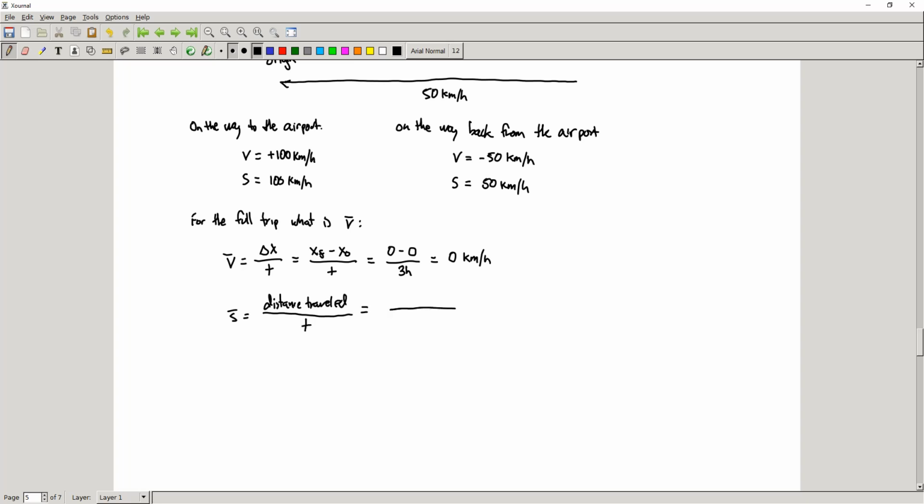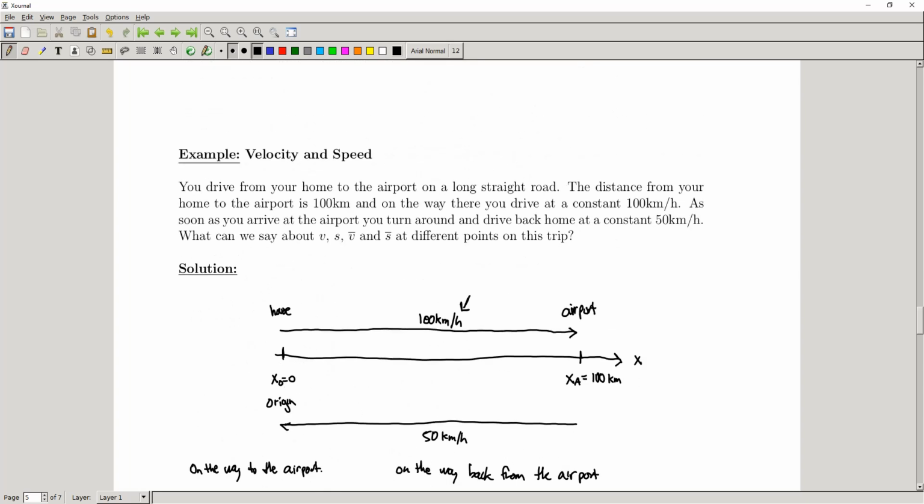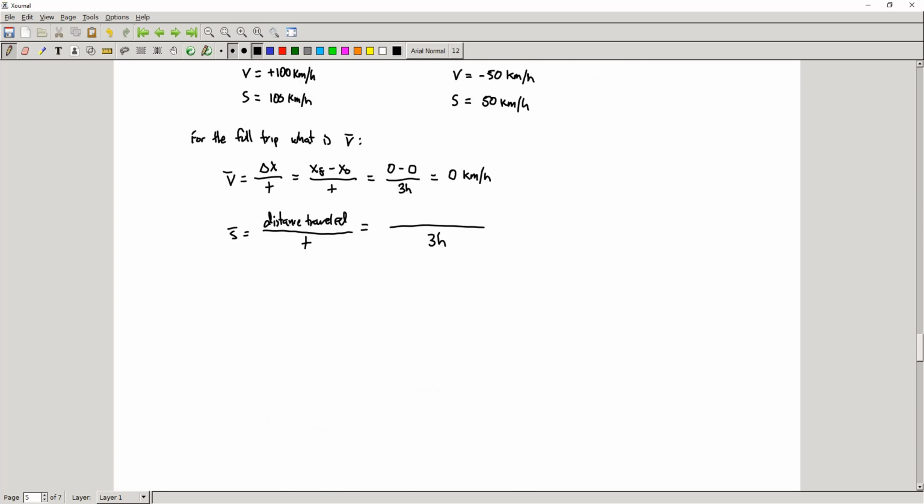Well, we just saw that the trip took 3 hours. And how far did we go in that 3 hours? Well, we went 100 kilometers in one direction, and again, same amount, 100 kilometers back. So that's 300 kilometers. And so our average speed over the trip was,